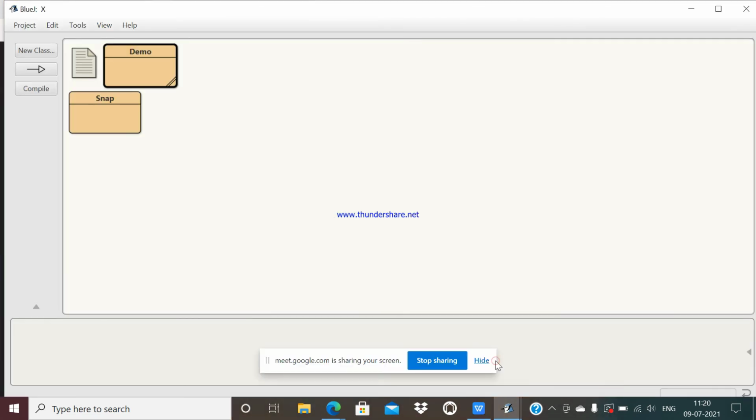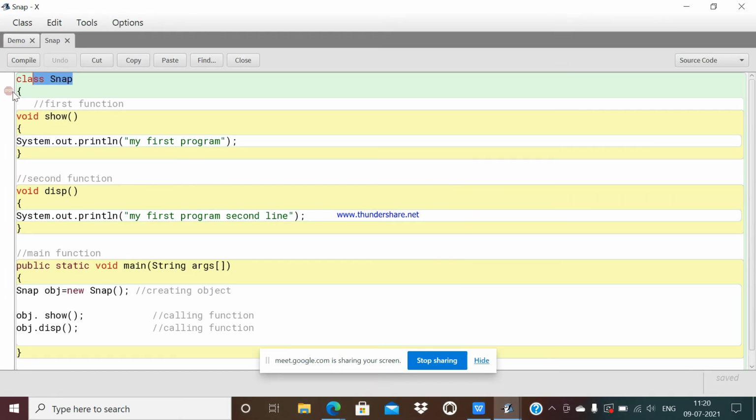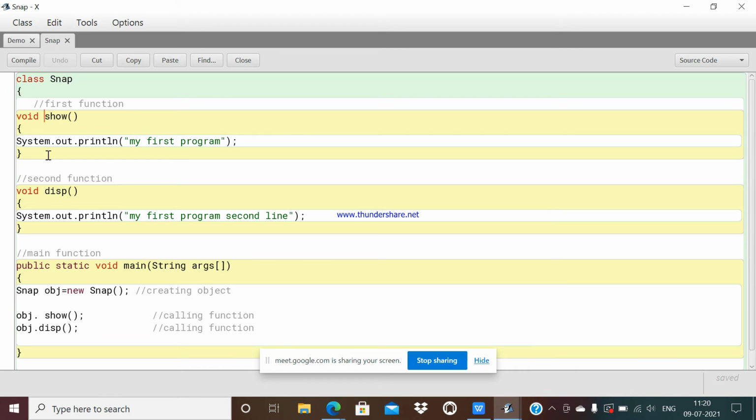Students, I have already made a program here, and the name of my class here is Snap. Okay, all of you please look at this program. See, here I have mentioned each and every function also. The name of my class is Snap.